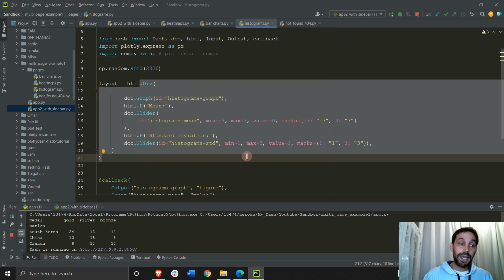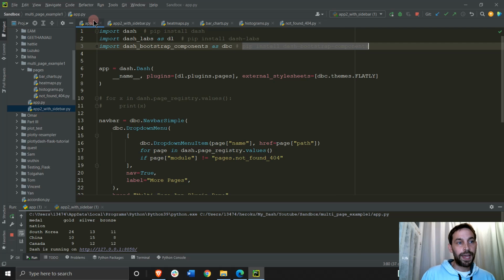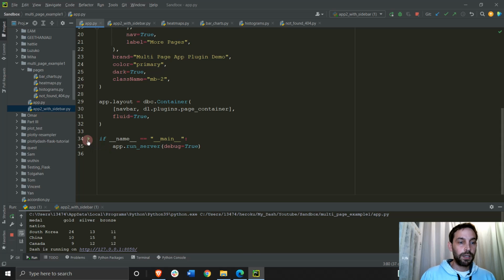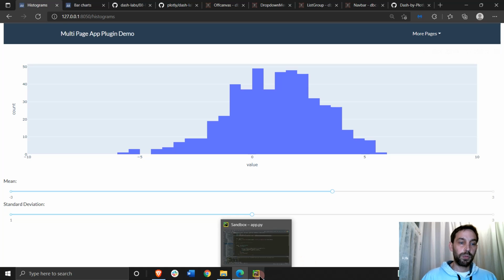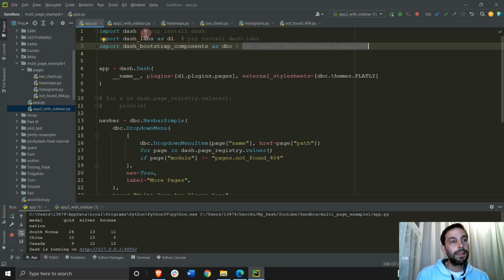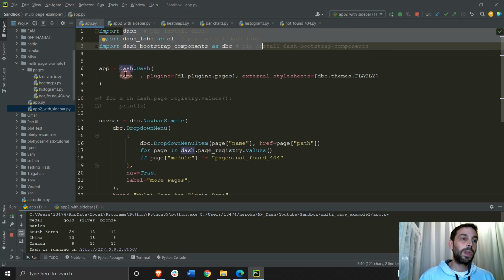But now that you have the layout, now you want to make sure that all these pages go into the main app page. So how do we do that? You go into the main app page. Let's do this one. This app page, when executed, is actually this page right here, the navigation bar with the drop-down menu. And we're doing this with Bootstrap. So what we're doing is we're importing all these libraries. We are instantiating Dash,